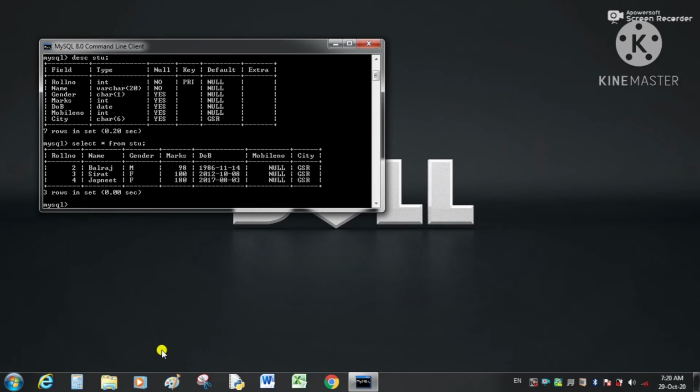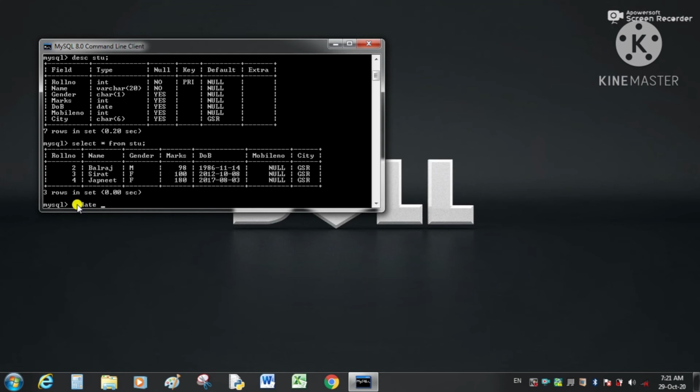Students, now we will use some update commands. First of all, we will update the marks for the record where roll number is 2. It means we are going to update the value of a column for a specific row. To change the data inside the table, we will make use of the update command, which is a data manipulation language command. And for the syntax, the first syntax is